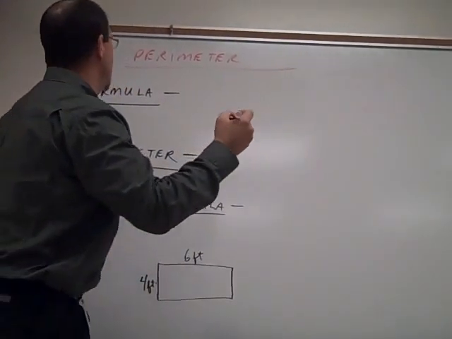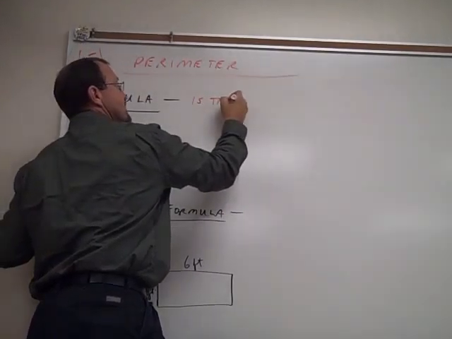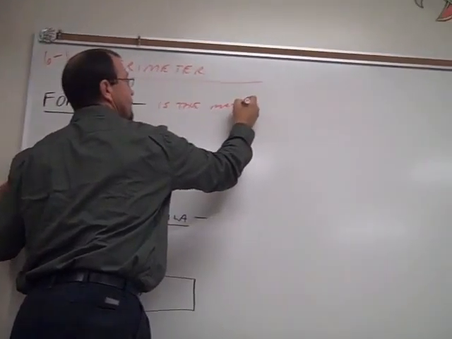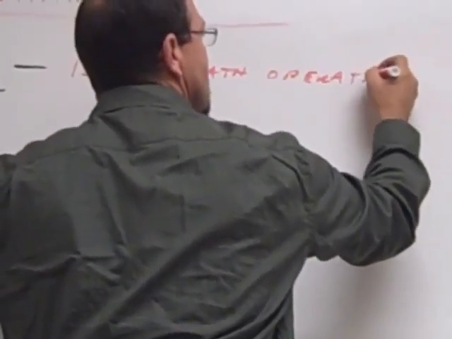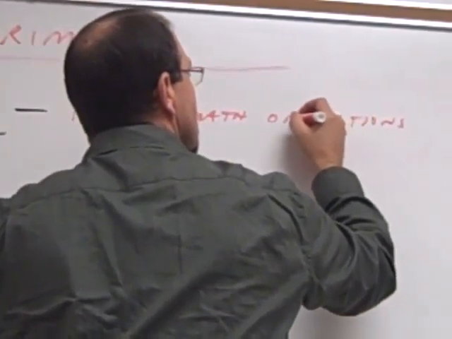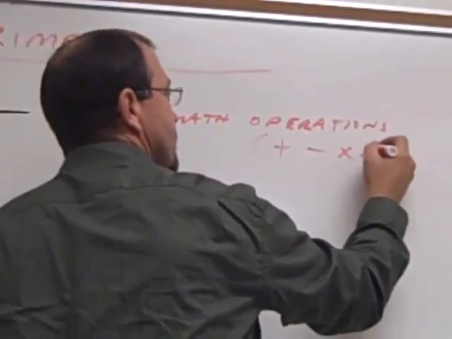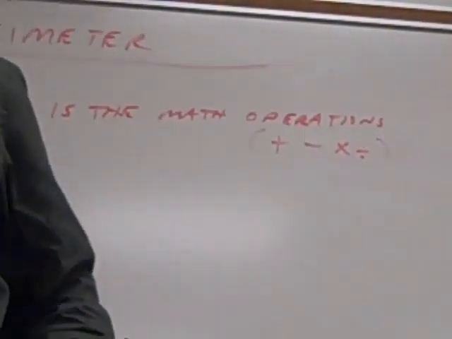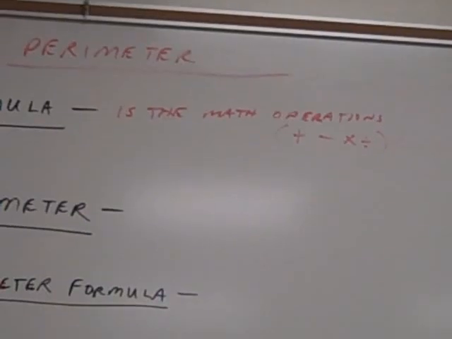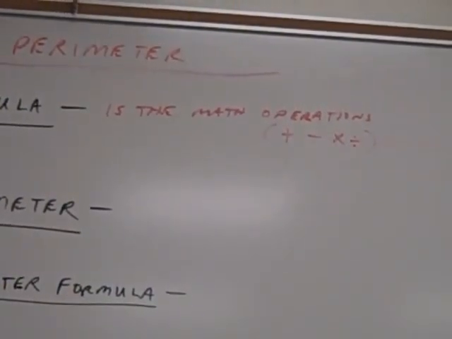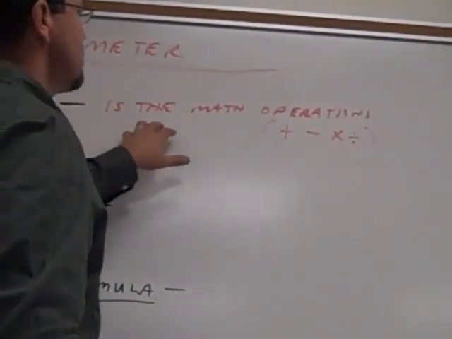Well, let's break it down. Formula is the math operations. Now, what are operations? What you do. Math operations are the add, subtract, multiplies, and divides. Alrighty? So, a formula is the math operations